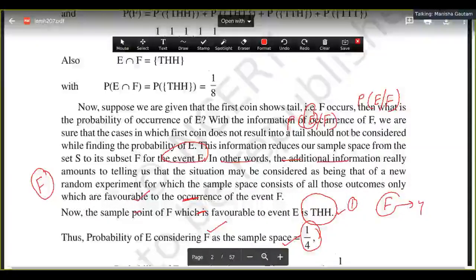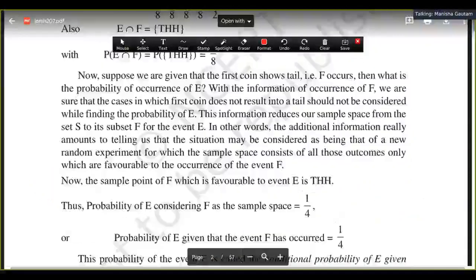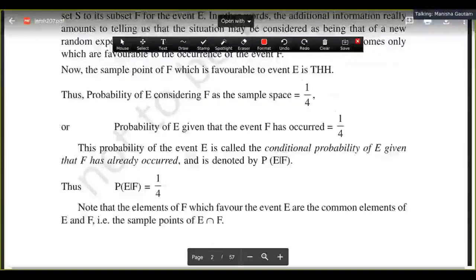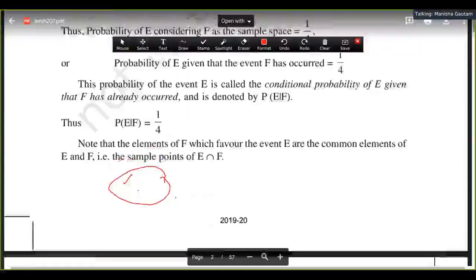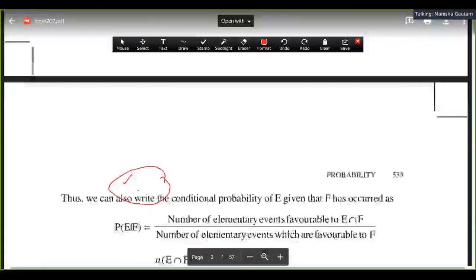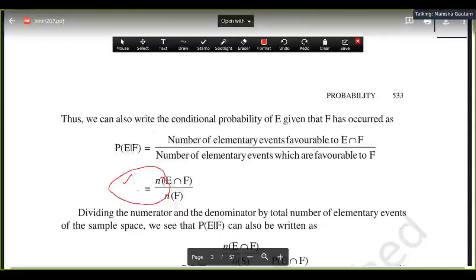This is the important part. What is given? F has already happened. Now we can write, as I told you, the probability of E if F has already happened is 1 upon 4. Now how do we calculate this by using a formula? What is the formula? Now here is the formula. You have to learn that formula. The probability of E if F has already happened,